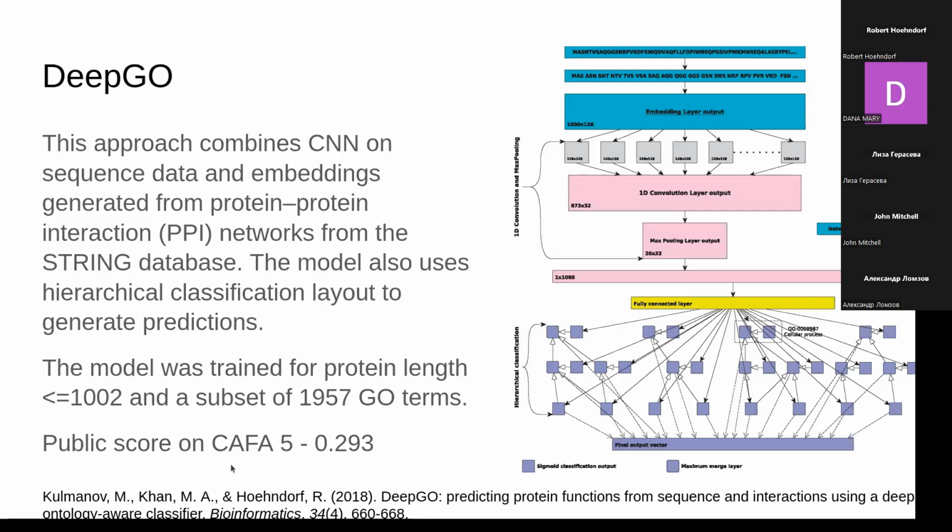In DeepGo, they also use embeddings generated from protein-protein interaction networks from the STRING database. You can see the architecture in the picture. As you can see, they use a protein sequence, then an embedding layer, then a convolutional layer, and then a hierarchical fully connected layer